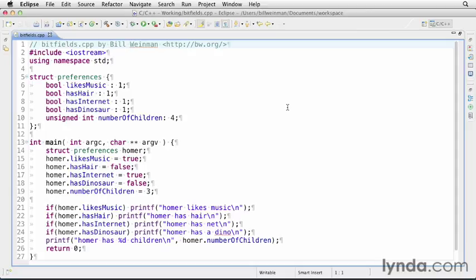So a Boolean value doesn't require more than 1 bit. And an unsigned int only requires the number of bits that it'll take to represent the largest number. And very, very few people, I imagine, have more than 16 children. So a number of children can be in 4 bits pretty comfortably for most cases, at least for our purposes